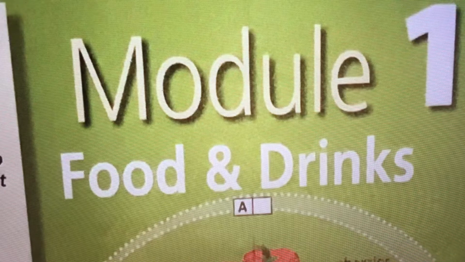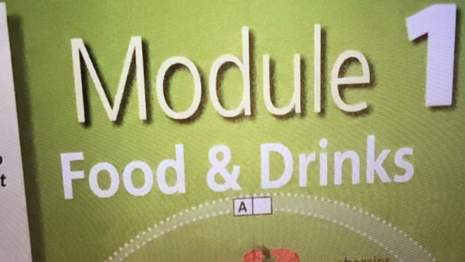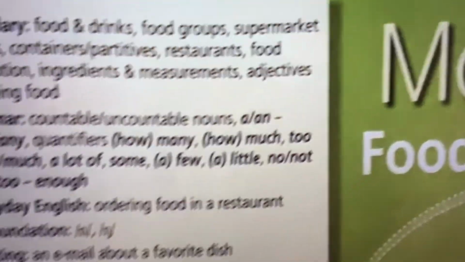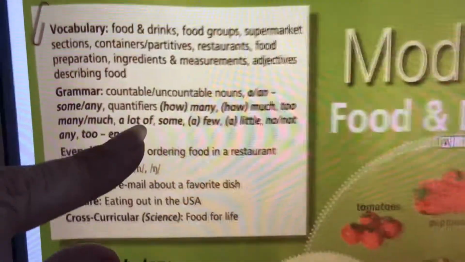And what are we going to do in this module? First, the objective of the lesson is the overview of the module, to listen for specific information. In this case, we are going to listen to the vocabulary. But first, we are going to introduce all the module that we are going to see. That is, we are going to see the